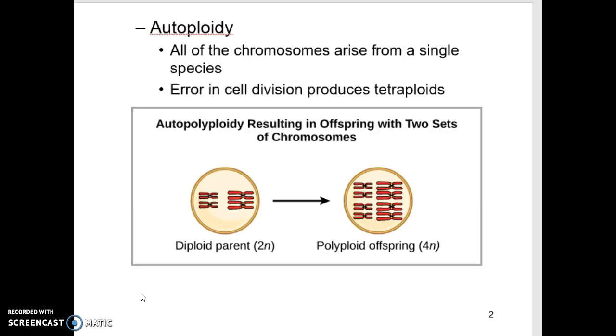So the example, looking at it here, is you have a diploid parent, and something happens in that parent genetically during meiosis that causes the cell division process not to work correctly, resulting in an offspring that inherits